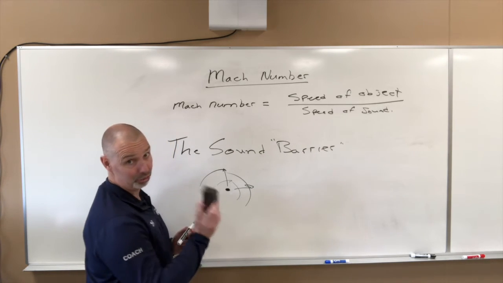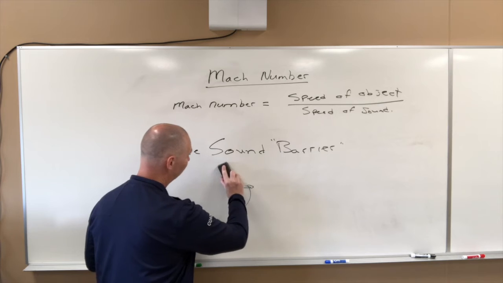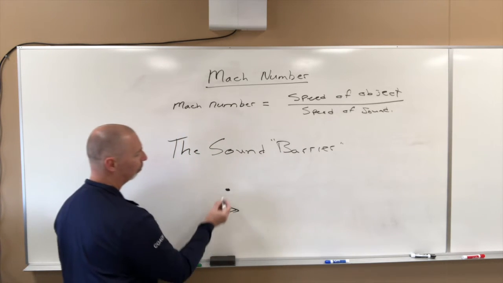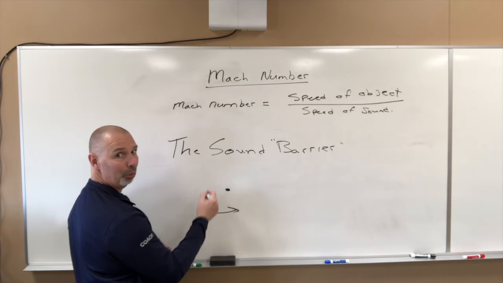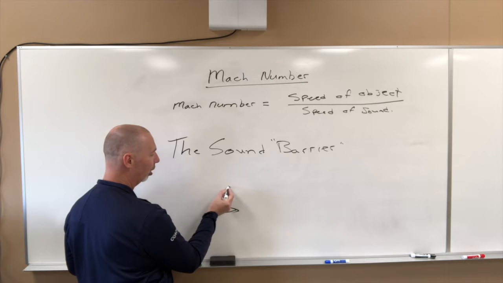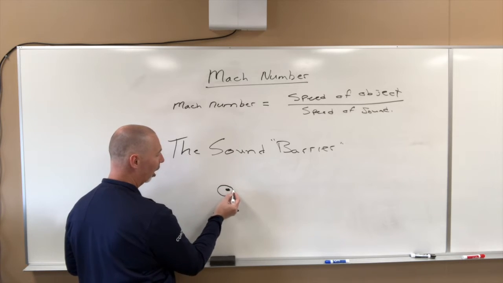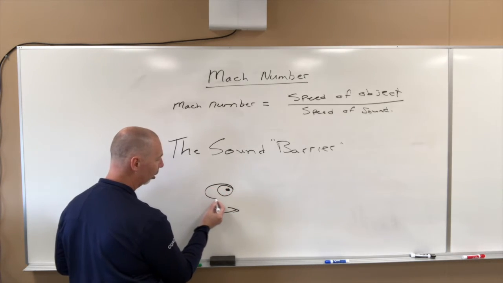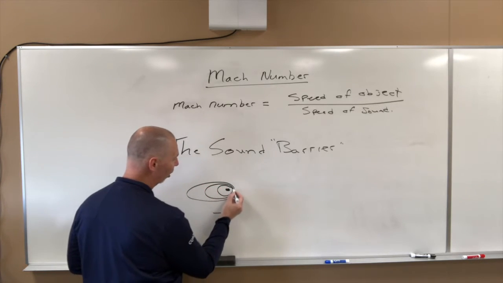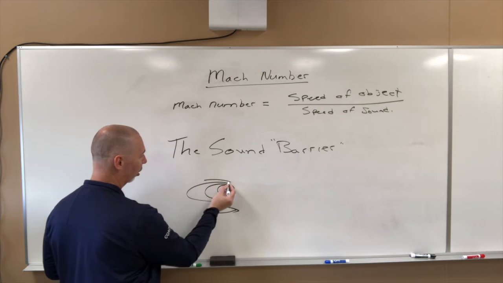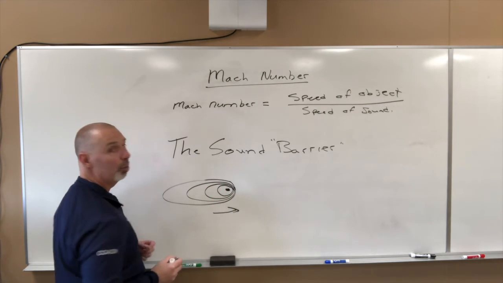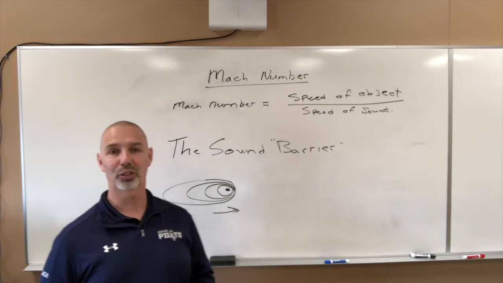Now, if we move this object at the speed of sound, not the speed of light, you can't travel at the speed of light, what happens is it's going to be moving this way, and those formerly concentric circles are now going to become elongated. They're going to go like this. The ones in front here are going to be really close together, while the ones behind it are going to get further and further apart. And so right here we have this barrier of sound waves.